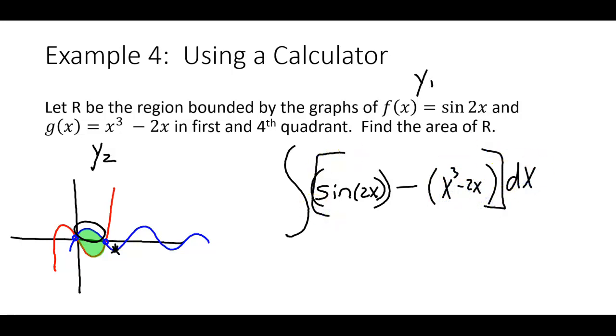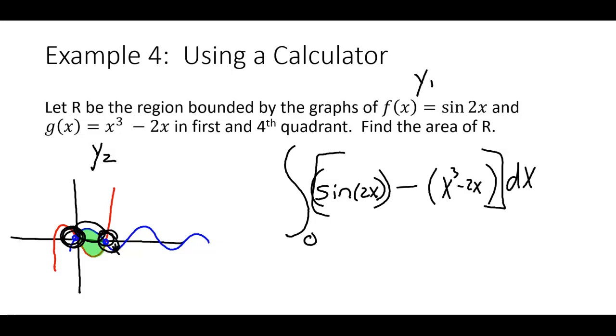Okay, now we need to figure out our start points and our end points. That's here and here. For that, we're just going to do intersections. You could probably figure out what this is. That's 0. You can just tell by looking they're crossing at 0. That's easy enough. But we need to find this other one over here. So let's find that. If you don't remember how to find where two lines intersect, I'll remind you of that right now. You're going to push second, and then Calc, and then you're going to scroll down to intersect,